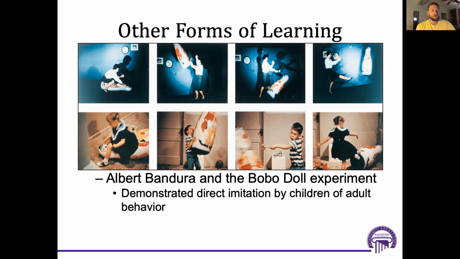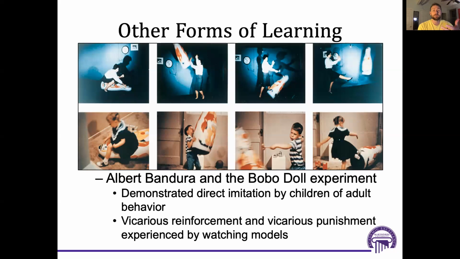In terms of observational learning, we are very attuned to the reinforcers and punishments that are being given. We live this vicariously by watching models and the consequences of their actions. If a model is praised for some particular reason, we would be more likely to engage in that behavior ourselves. Whereas if they were punished, then we are less likely to do that, right? So again, living vicariously through other individuals, this is really the basis of observational learning.